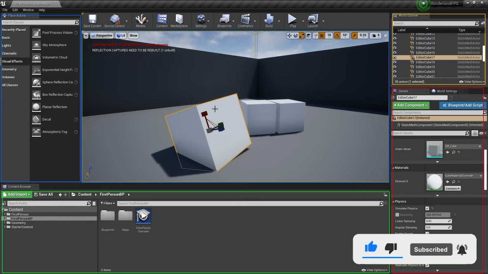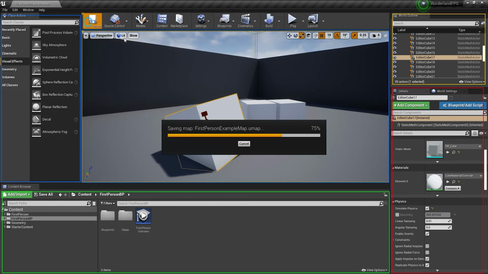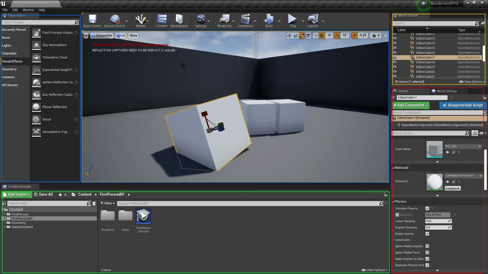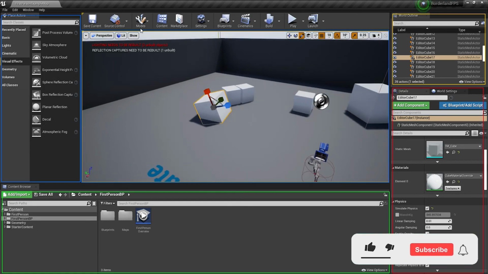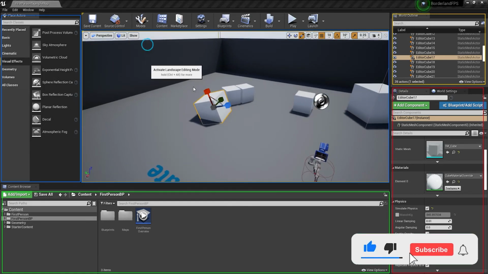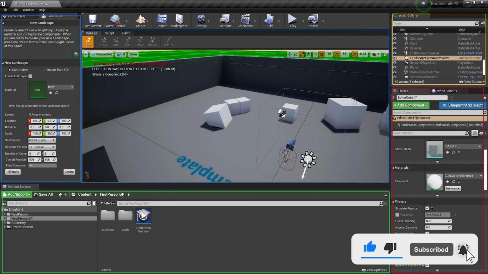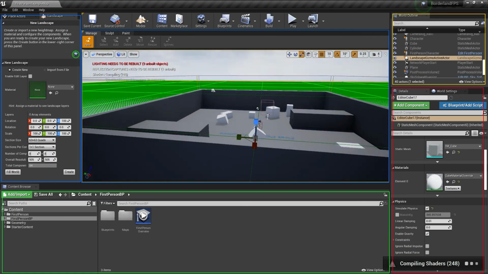If you want to save your current progress, just click on this and it will save the current progress. We will see source control later. These are the modes which we will use when we start building our level. If you want to create a terrain, just click on this and click on landscape, and you can see it is converted into landscape.